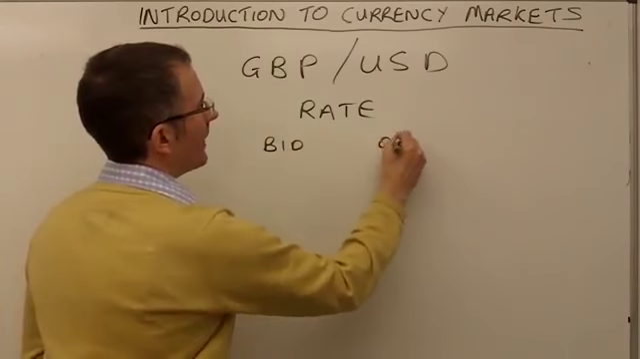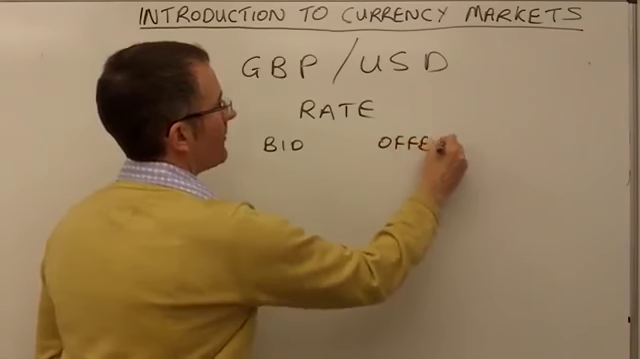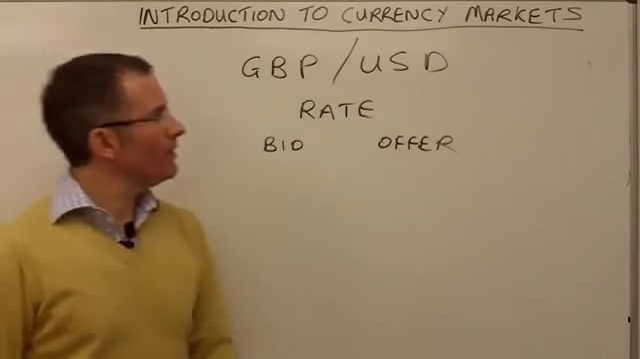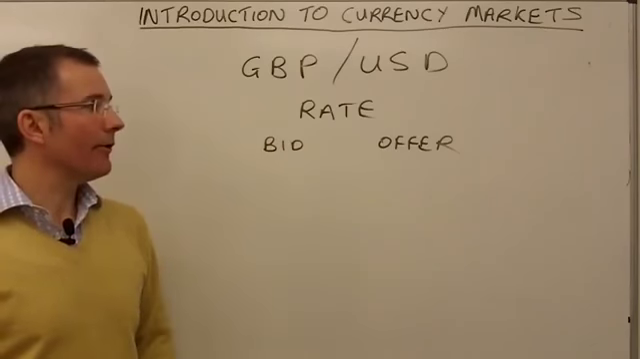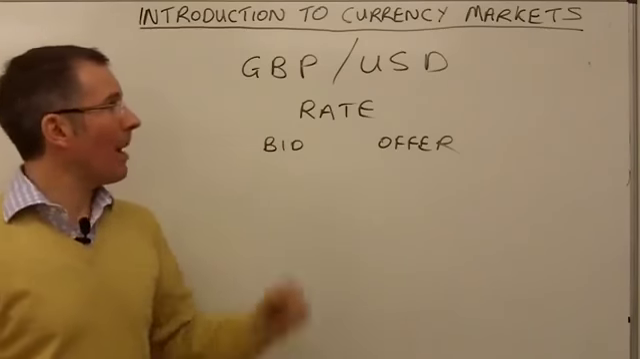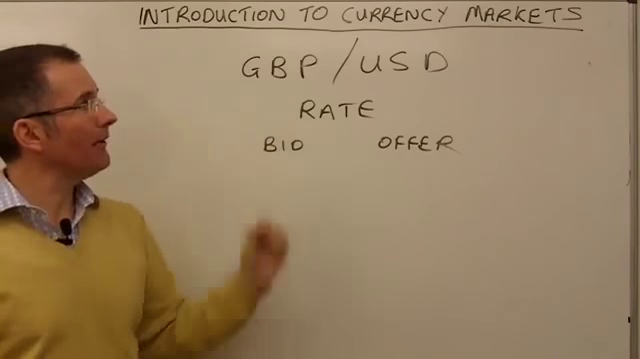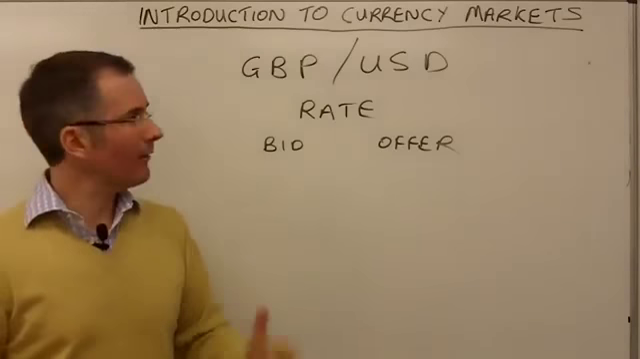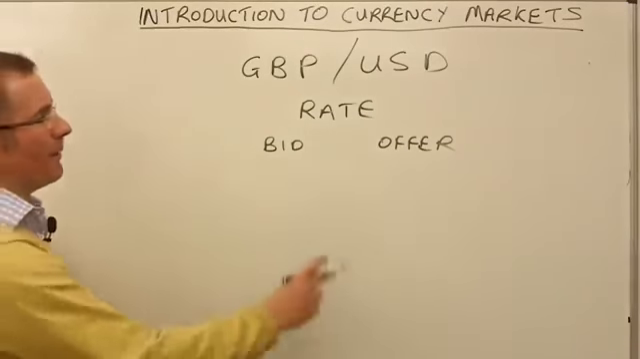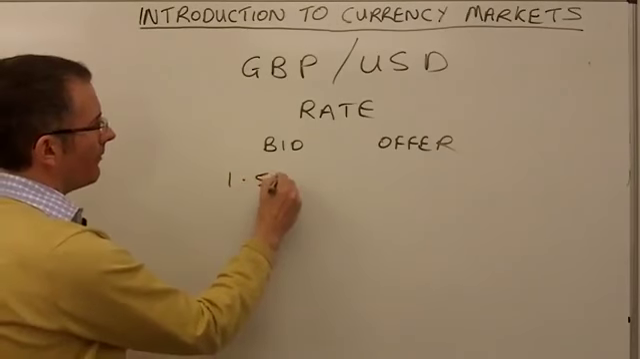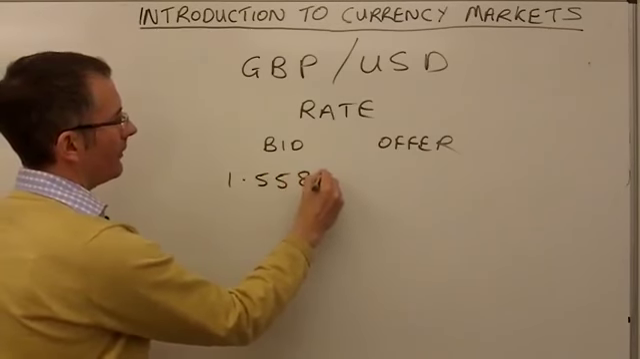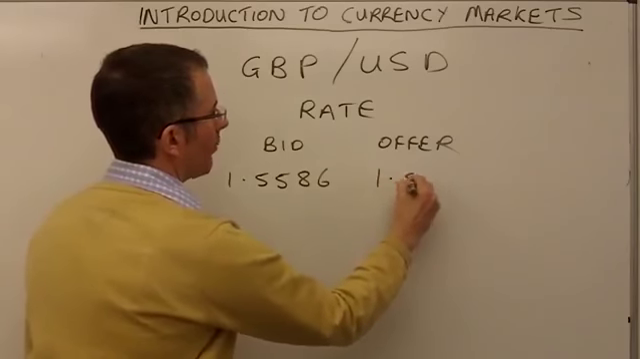There'll be a bid rate and there'll be an offer rate. So what this comes down to is you need to think, am I trying to basically buy the currency in question or sell it? Or am I betting on sterling appreciating or depreciating? So let's put a rate in. So for example, maybe we've got a bid rate of 1.5586 and an offer rate of